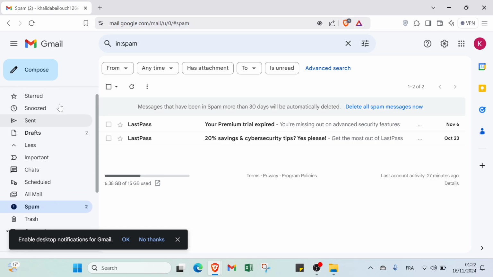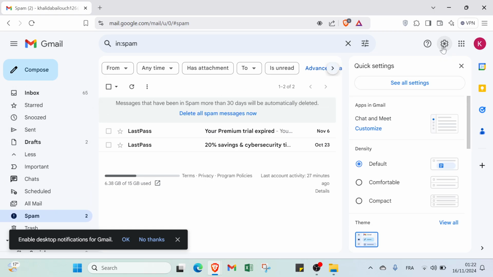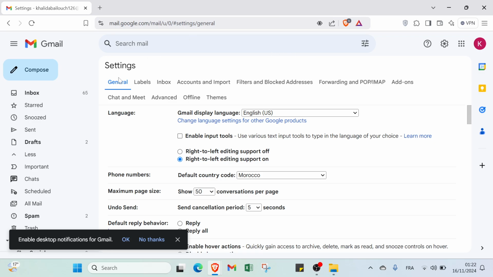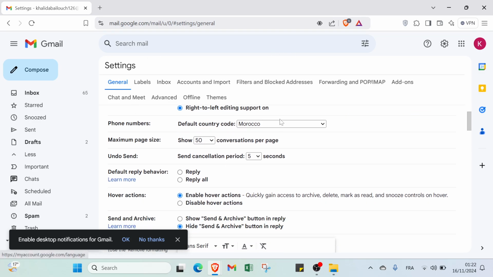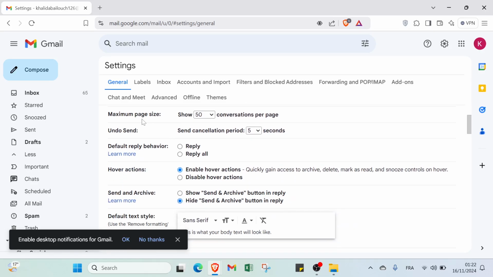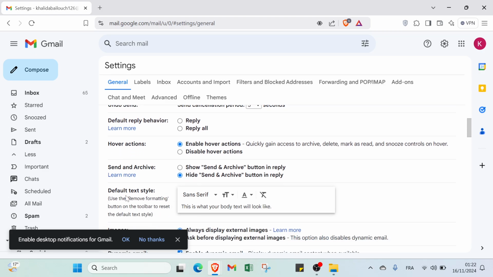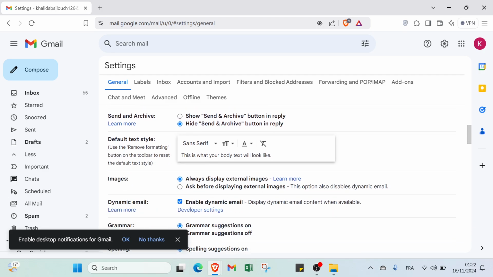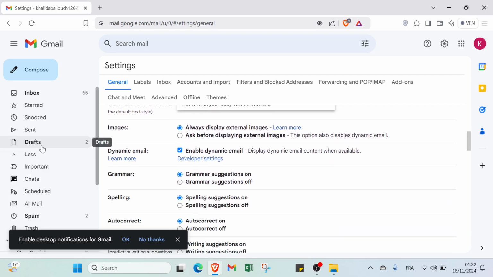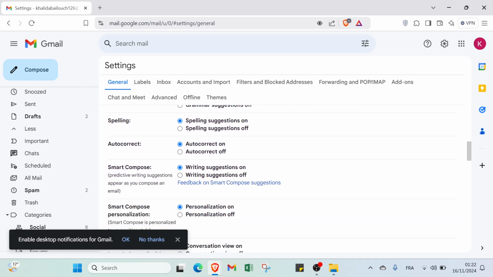So right now all I have to do is click over settings. Let's just discover those settings. I will show you here the settings that could help you. In the settings you'll find a general tab. About this one you'll find, for example, the language, phone numbers, if you want to add maximum page size, in the send we have default reply behavior, hover actions, send and archive. Then we have default text style, images, dynamic email, grammar, spelling, autocorrect,